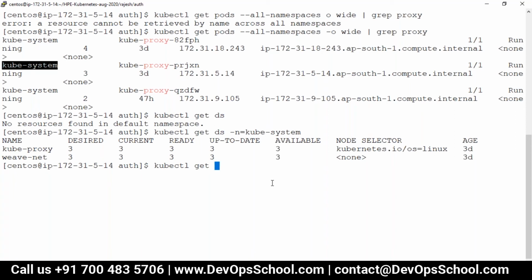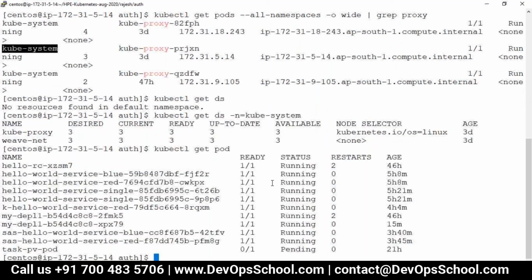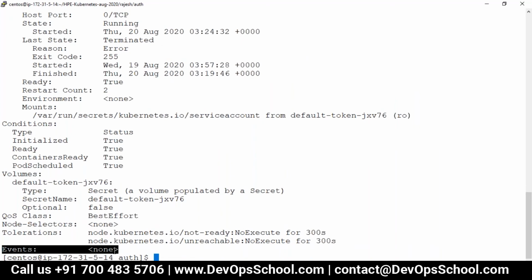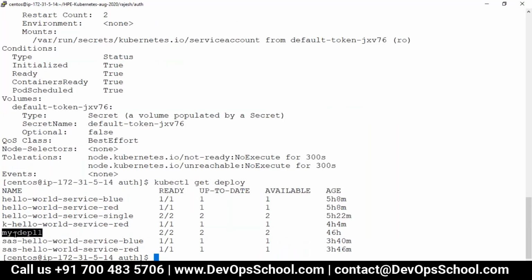If you really want to get the events, just describe. You have seen it but are not able to recollect. Describe pod, and see here, this is the event. Right now, none. If you go for any deployment, let's look at this: get deploy, describe deploy.